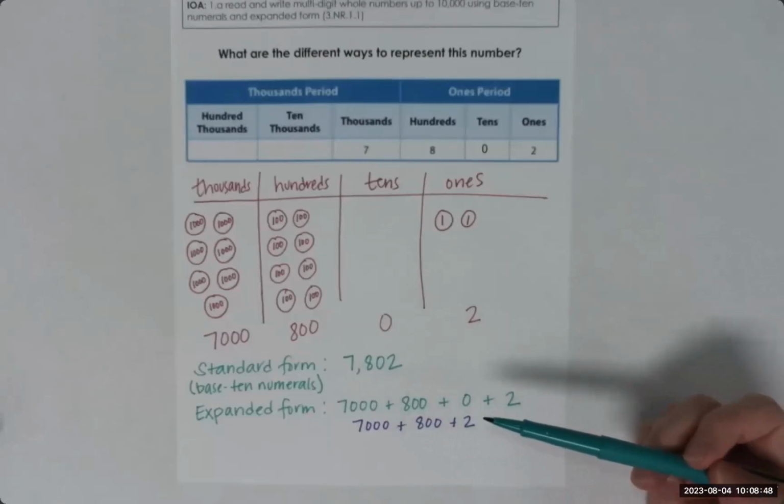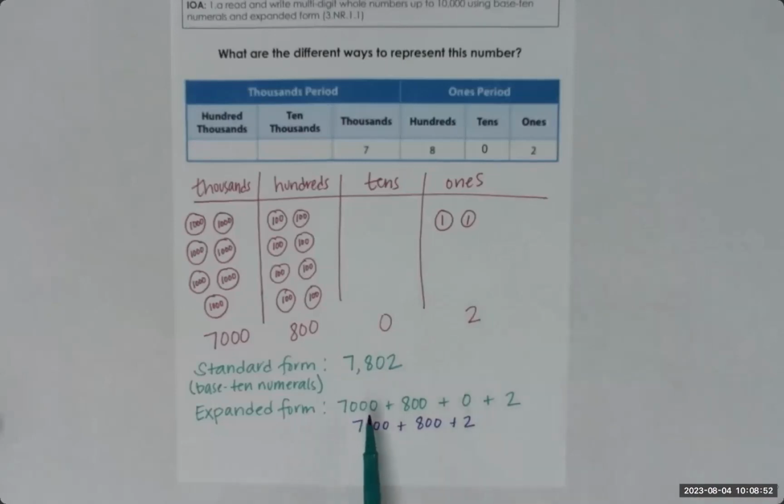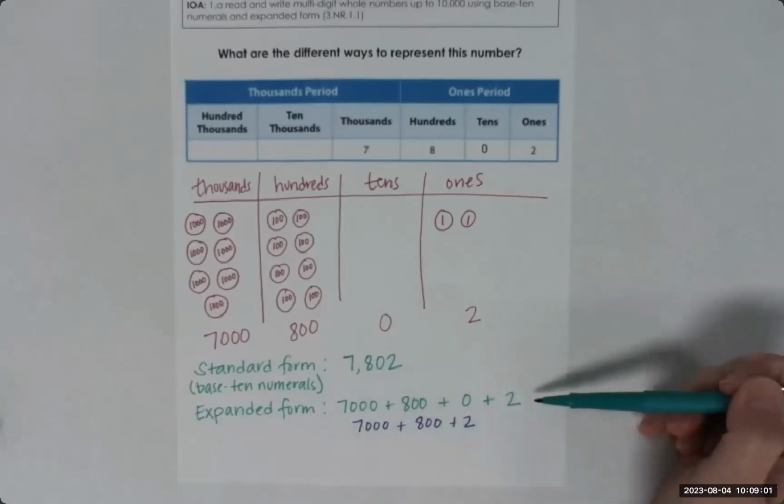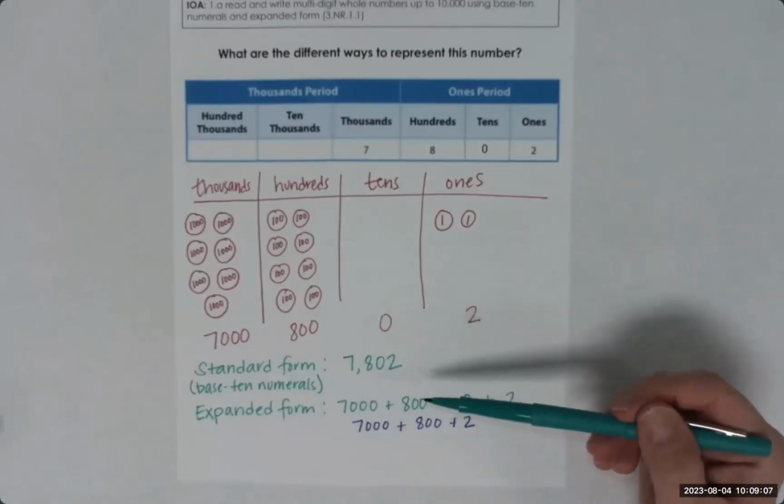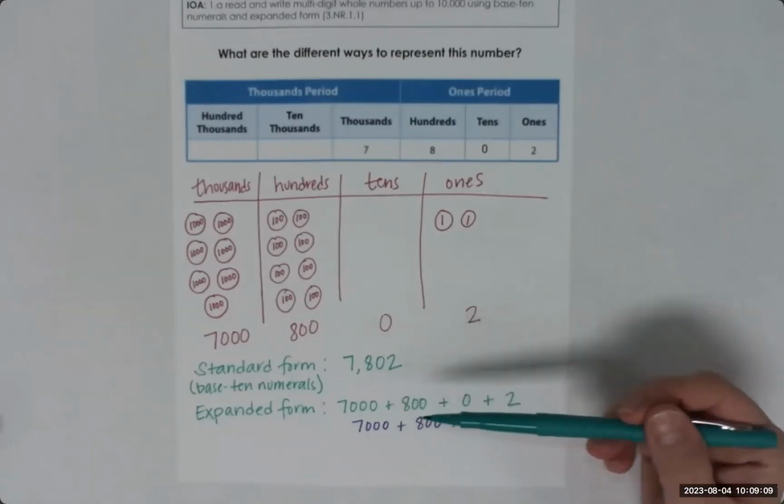That is still correct. It is still an expanded form of the number. However, we tend to default to writing out each place value of the number, or each value of the digit in our number, okay? Because that is helpful whenever we work with adding and subtracting. But it is really helpful for students to know they can be flexible with how they represent these numbers, because